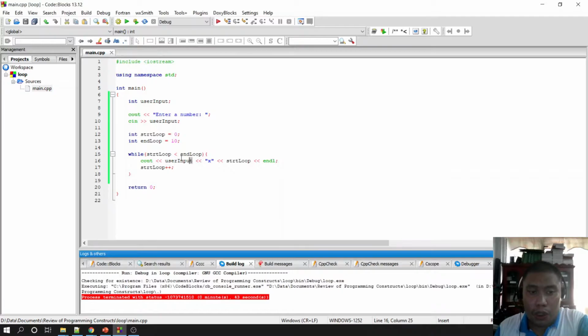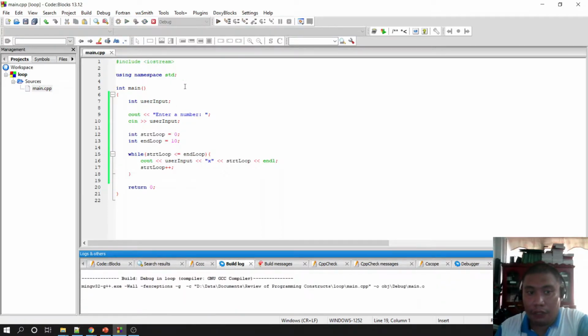All we need to do is just to change the condition to an equal sign, meaning it is less than or equal to end loop. So if it is now 10, we have 10 is less than or equal to 10. So meaning it is still true. Okay, so that is why we have now,